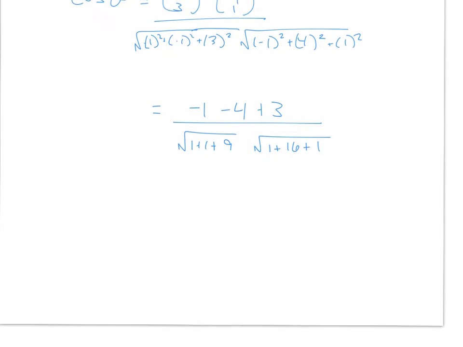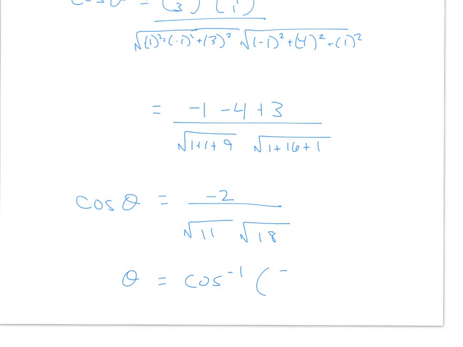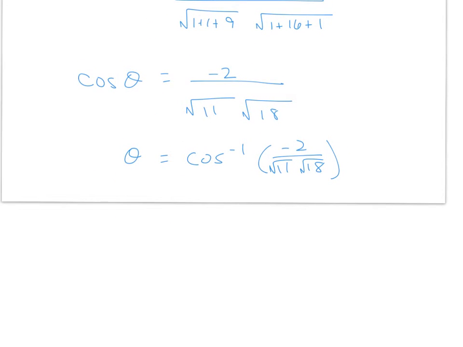So that gives us -2 over the square root of 11 times the square root of 18, and that's equal to cosine of theta. And so we should be able to solve from here. So we are going to take cosine inverse of both sides. And when we do that and use our graphing calculators, that gives us that theta must be